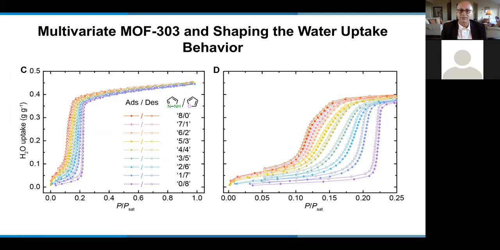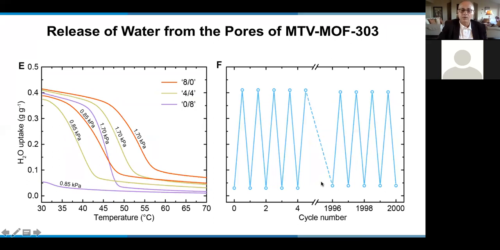And I talked to you about multivariate MOFs. Now you see that mixing two linkers in the same structure impacts a great deal where the water would be, at what humidity the water can go into the pores. And I think much more important than that is the fact that you can adjust the temperature at which water comes out. Here is the structure with 50% furan, 50% pyrazolate, and you can see that we can take up the water, the desorption temperature is 45 degrees C, while the one that is entirely pyrazolate is close to